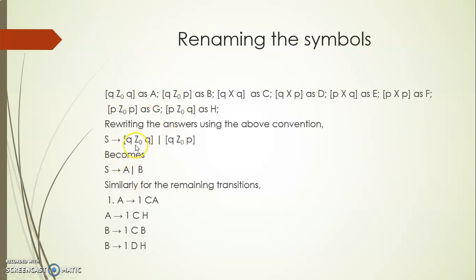Instead of the bracketed Q, you can write it as A. Thus, this production S tends to the bracketed Q becomes S tends to A, because we have assumed the bracketed Q as A. Similarly, we can assume symbols for the other values and write in the same format. So that's it. Thus we have converted the PDA to